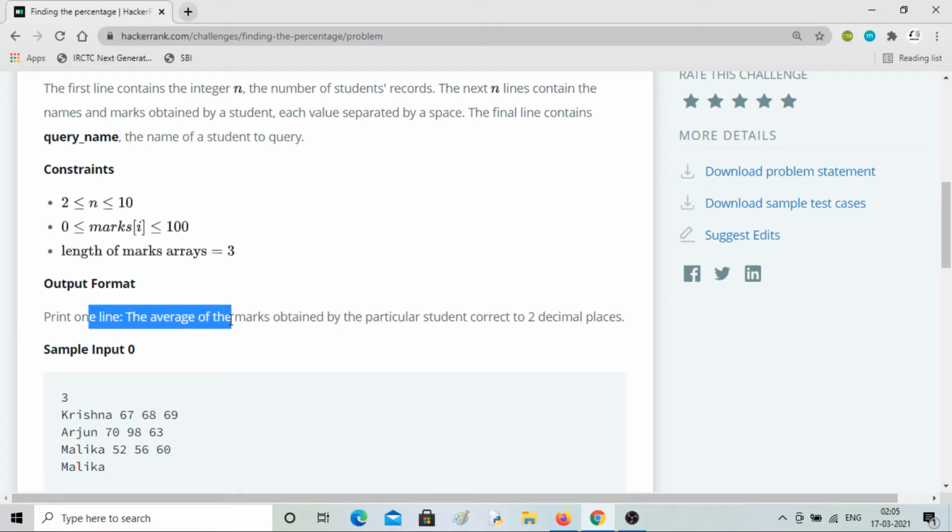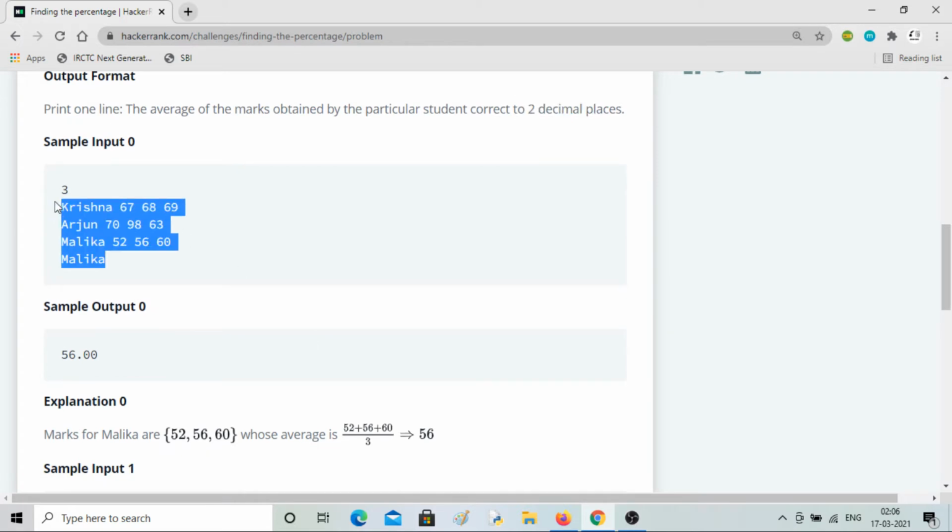So we have to print only one line, and that will tell the average marks of the particular student up to 2 decimal places. Here you can see we have n equal to 3, meaning 3 students, Arjun, Krishna and Malika. Their marks are 67, 68, 69, then these 3 marks, and finally we get the input query name.